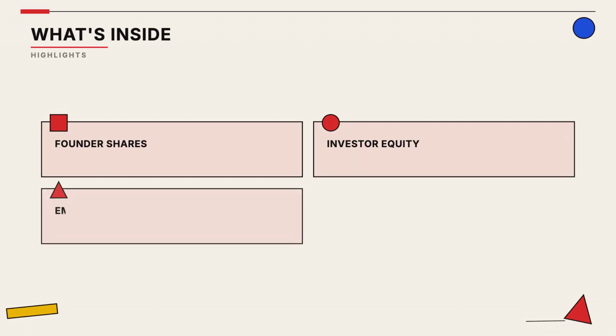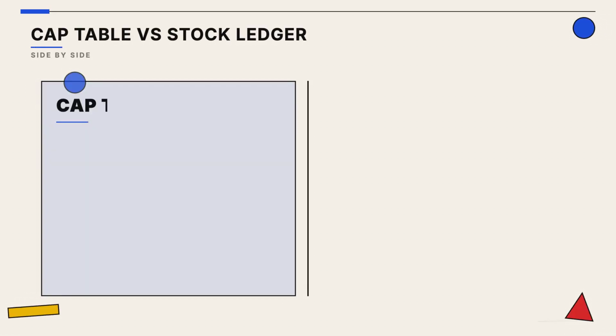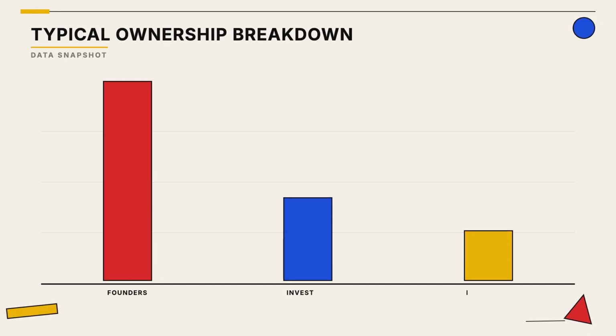It acts as a map of the company hierarchy, listing common stock, preferred shares, and future promises like employee option pools. While a stock ledger is a formal legal requirement, the cap table is a strategic tool for owners to model future fundraising scenarios. As a company grows and raises more money, the founder's percentage often shrinks, a process known